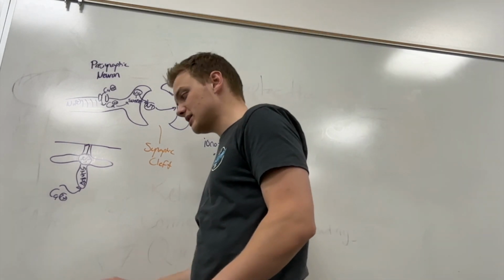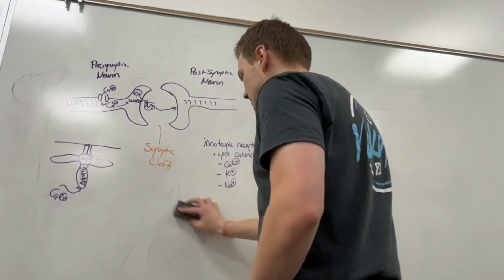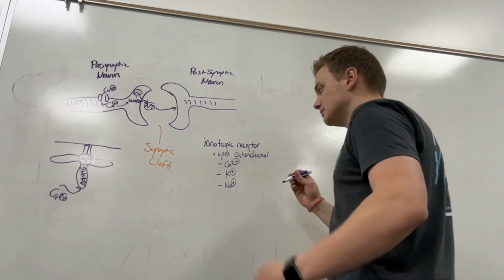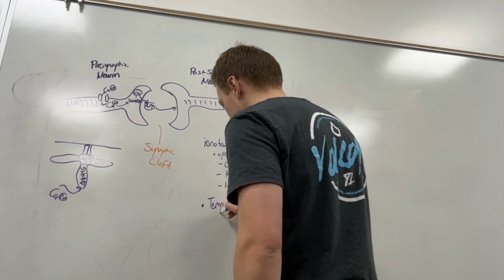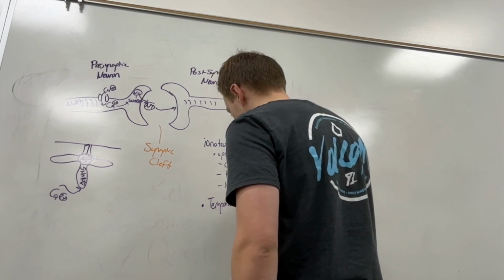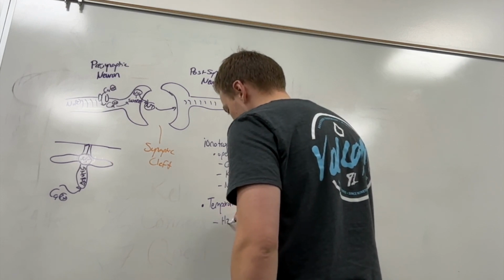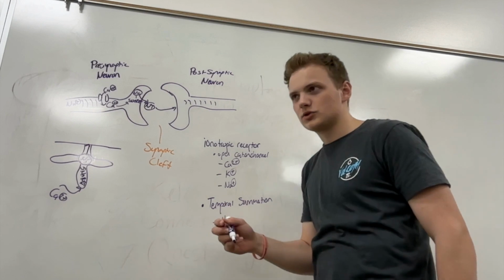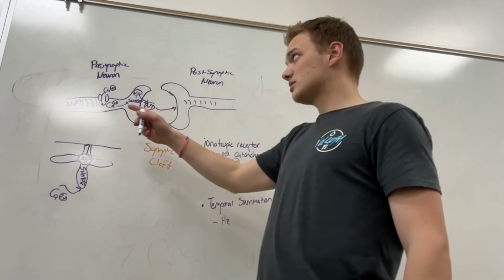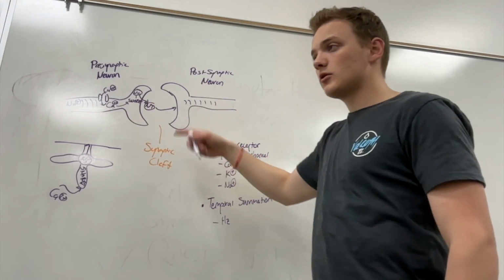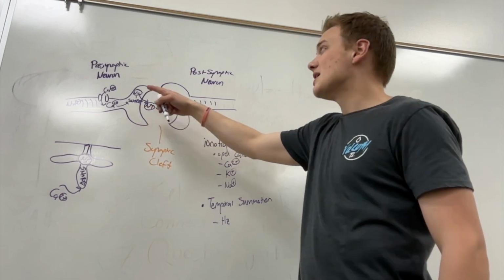So there's two factors that will determine whether or not an ionotropic receptor is going to cause more synapses. So the first thing we consider is temporal summation. So temporal summation is actually measured in hertz, but when we say hertz, it's usually things per second. The things per second that we're measuring is stimulus from the presynaptic neuron. So how many neurotransmitters, or rather action potentials, is the presynaptic neuron getting per second, and how is that affecting